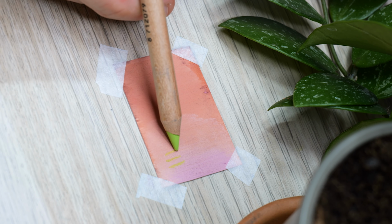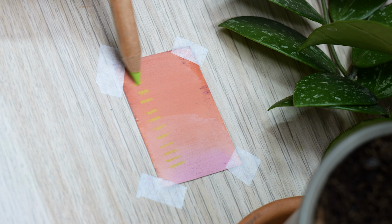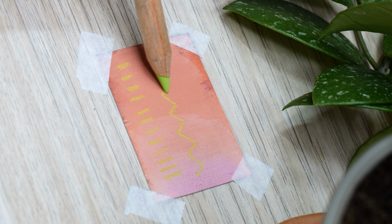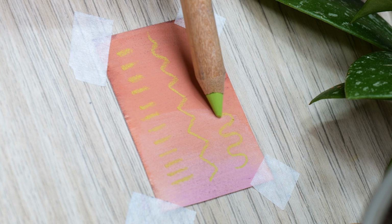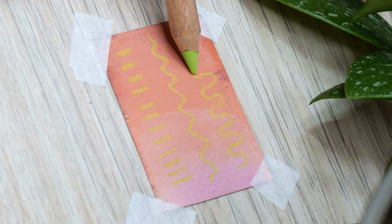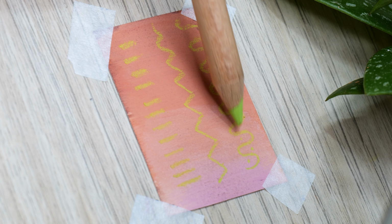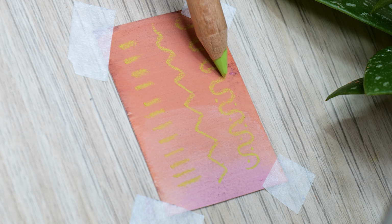Once the alcohol was dry, which only takes up to a few minutes, I went back in on the previous swatch to add sharp details on top of the soft, blended base. Look at how clean and crisp the lines are. I was expecting the layers to eat the pencil's lead or the marks not to be so visible, but I was pleasantly surprised. This might be great for landscapes or portraits where you want a soft background but sharp, realistic